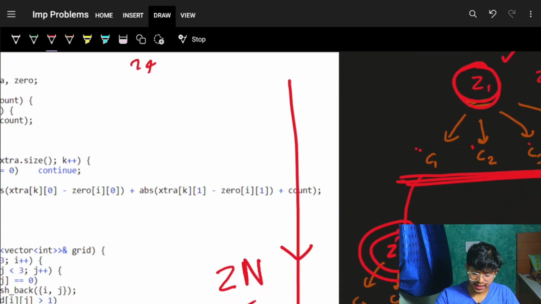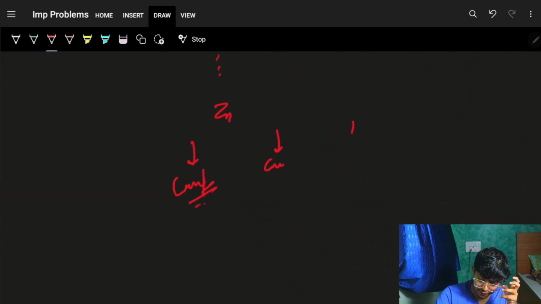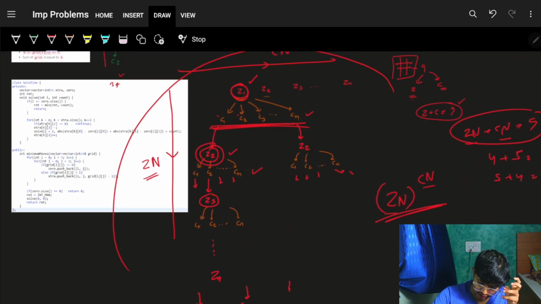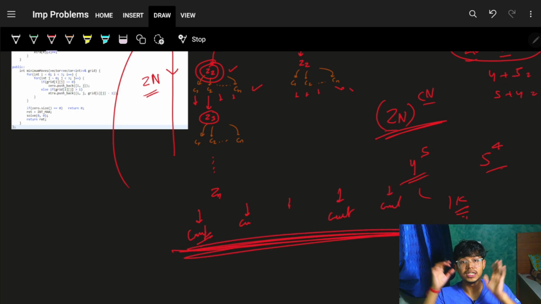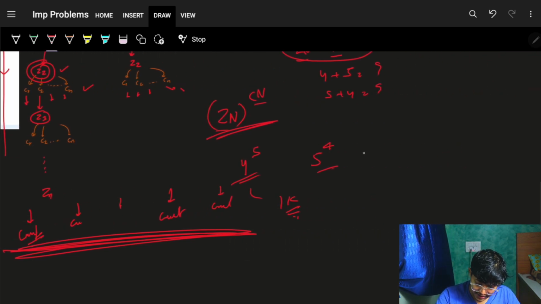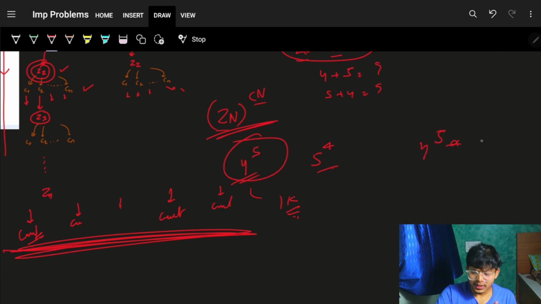And with that distance, I can just go and find what is the count required, and I can find the count for my entire recursion tree, and I can just take the minimum of all these counts which I have got from the leaf nodes, and that's how you can simply get this solved. Again, the complexity is pretty low, although it can be like 4 raised to the power 5 into some n square stuff,